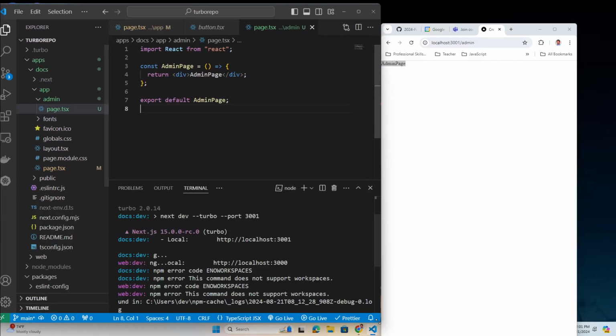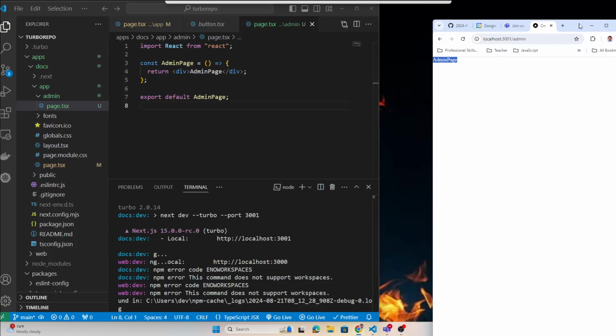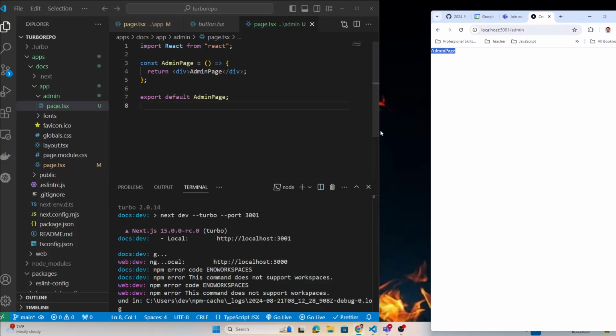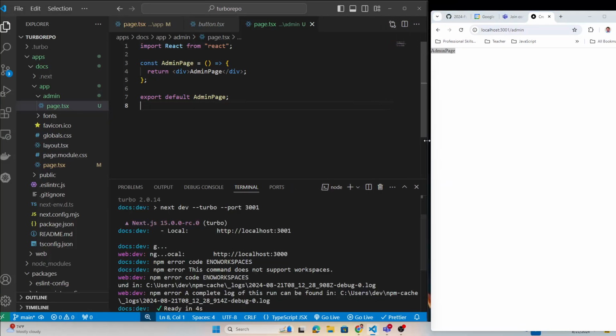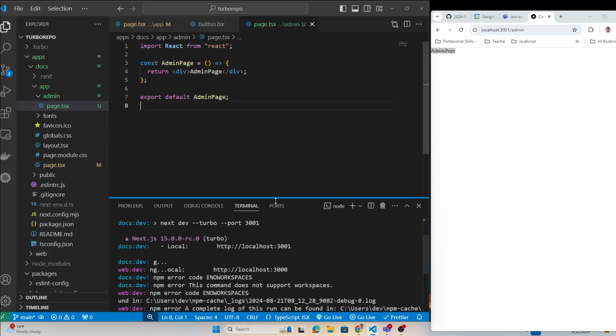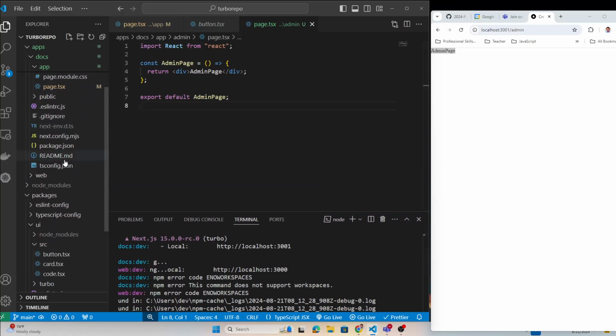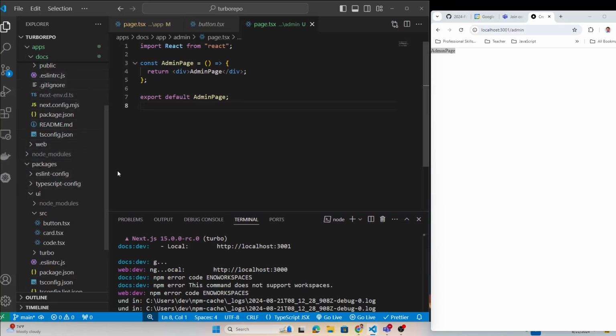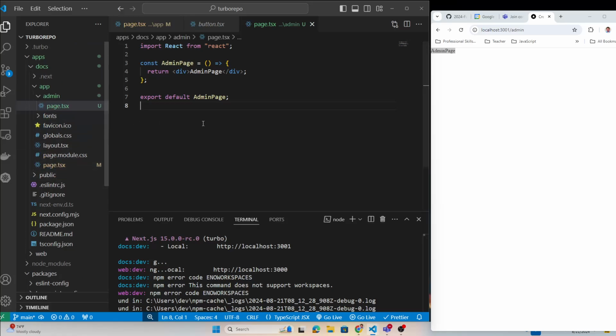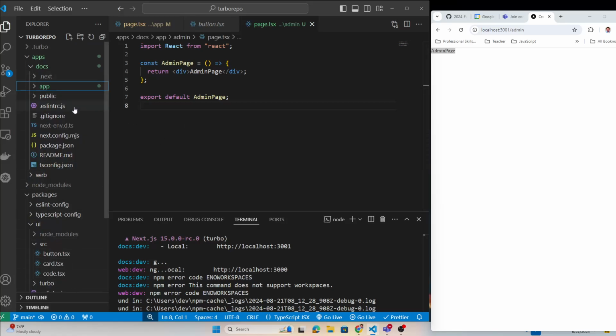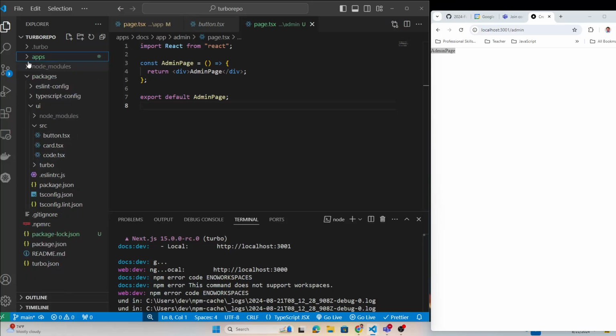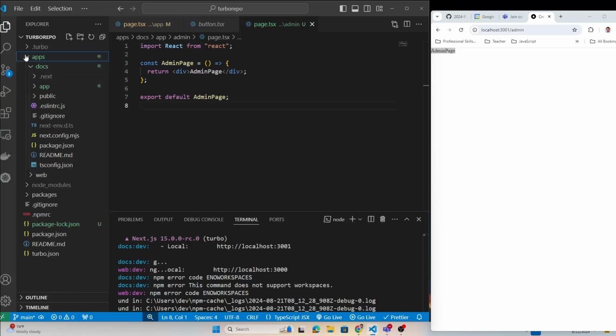But the next thing is how we're going to add the component now, right? I mean, we know now how to create a page, but let's add a component, okay? One component called admin in the UI. So there are two different ways. If you look at how we read something from the UI, that is what we have to understand. The first thing is, in every folder, in every project, in the app doc